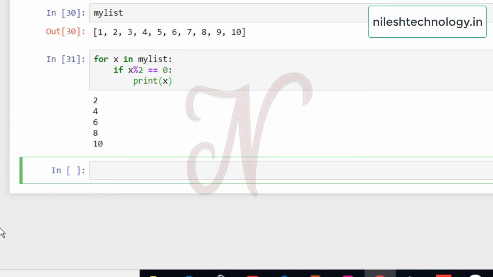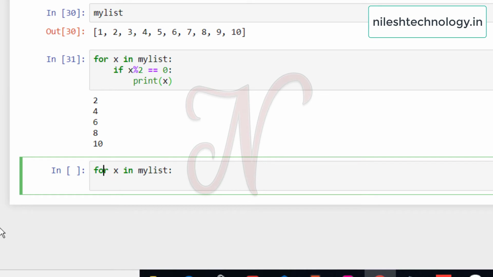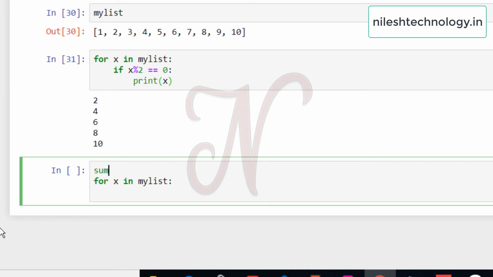Next we will print the sum of these 10 numbers. For x in my_list, and before the for loop we have to define one variable, sum equal to 0. Then sum equal to sum plus x. The x means the actual numbers in the list, and these numbers are added into the sum variable.